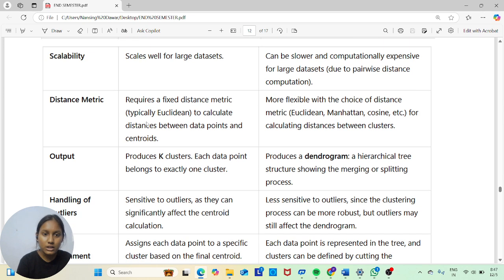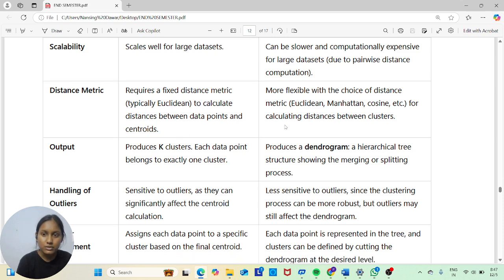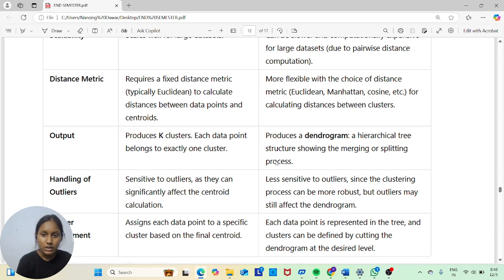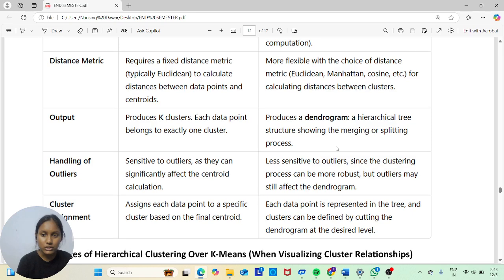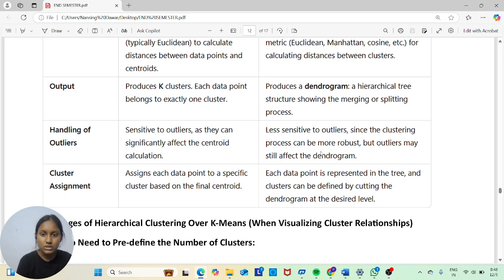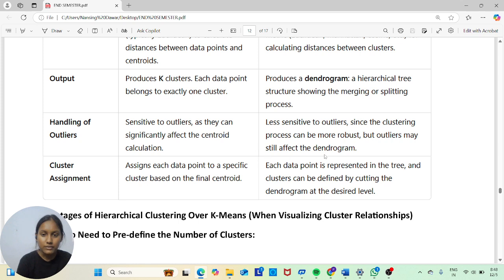Distance metrics: k-mean requires a fixed distance metric to calculate distance between data points and centroids, and hierarchical is more flexible with the choice of distance metric. Output: k-mean produces k clusters. Each data point belongs to exactly one cluster, and hierarchical produces a dendrogram, a hierarchical tree structure showing the merging or splitting process. Handling of outliers: k-mean is sensitive to outliers as they can significantly affect the centroid calculation. In hierarchical, it is less sensitive to outliers since the clustering process can be more robust, but outliers may still affect the